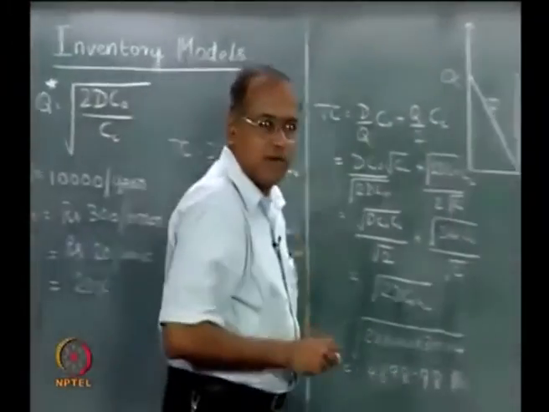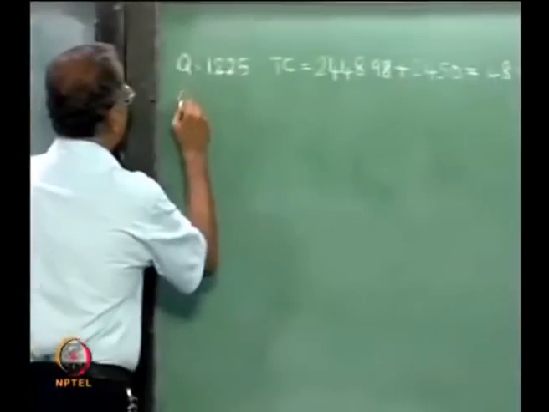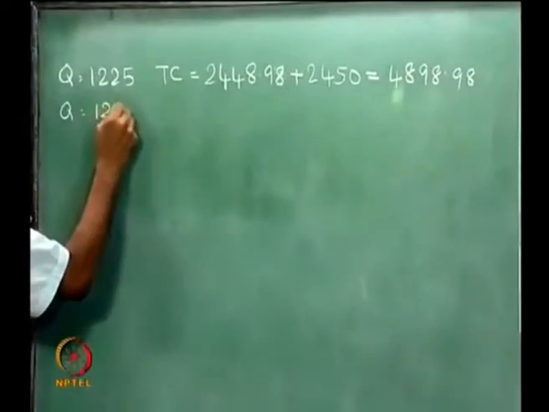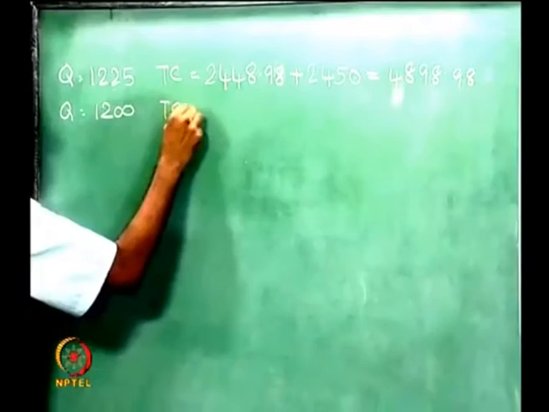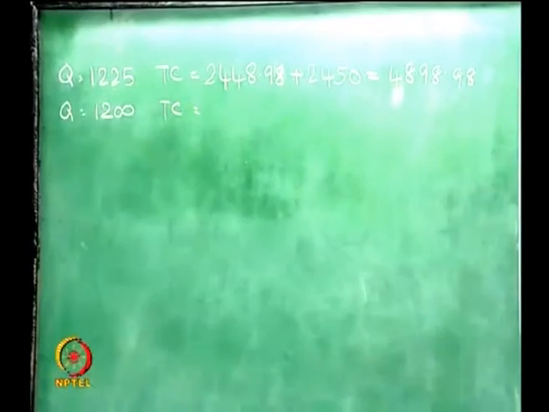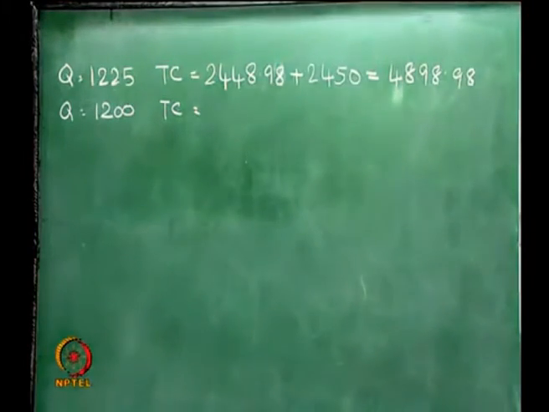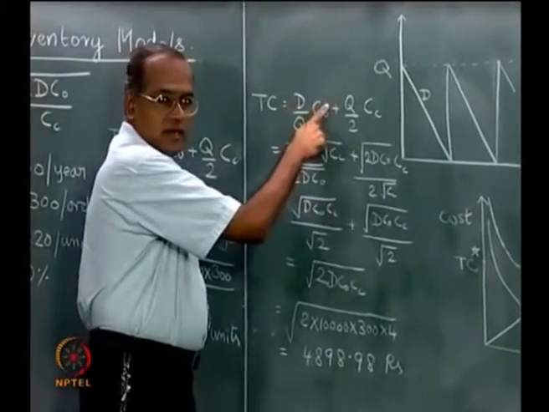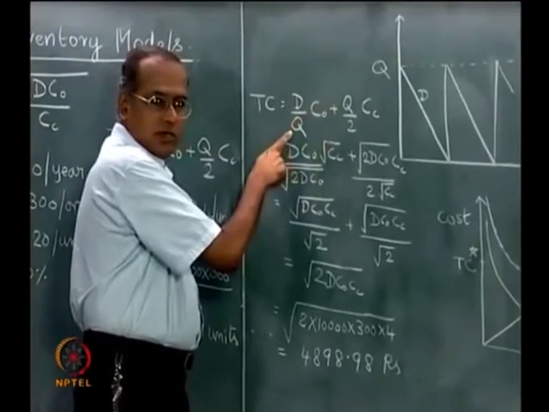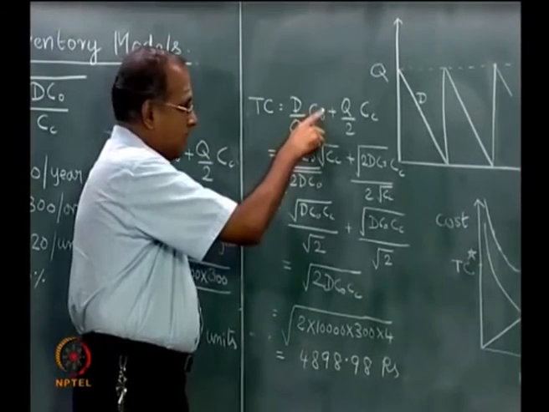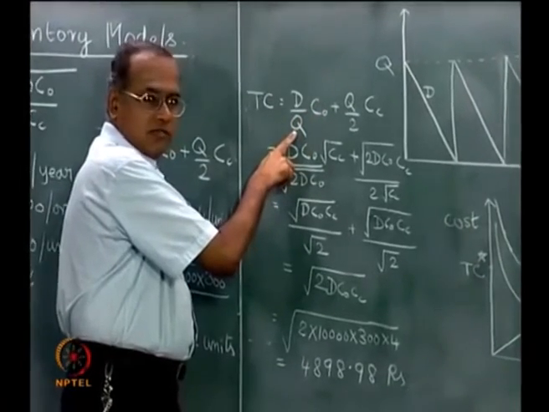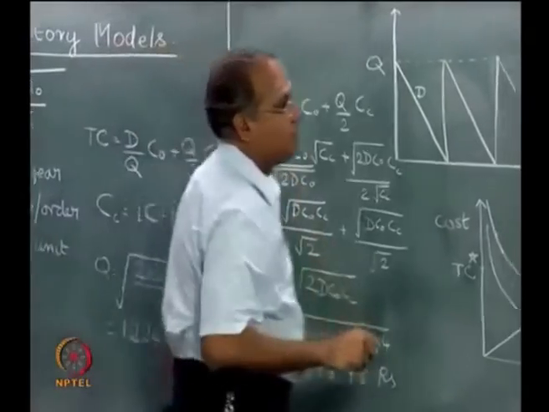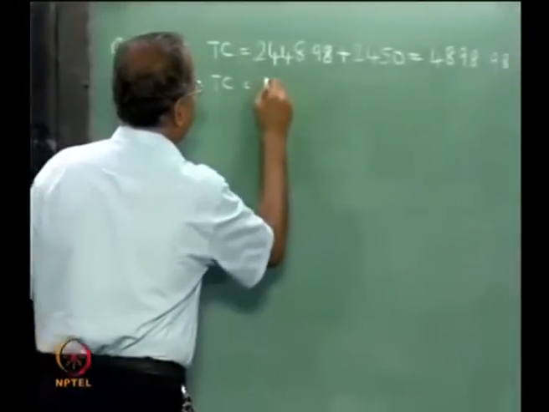So, let us evaluate the TC for q equal to 1200. TC will become 10,000 into 300 divided by 1200. 300 by 1200 is 1 by 4, so 10,000 by 4 is 2500